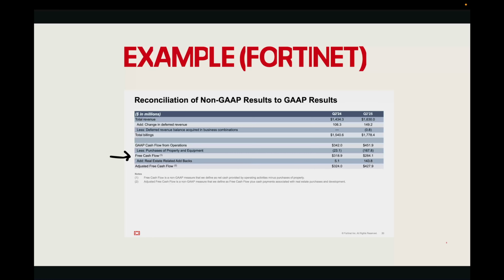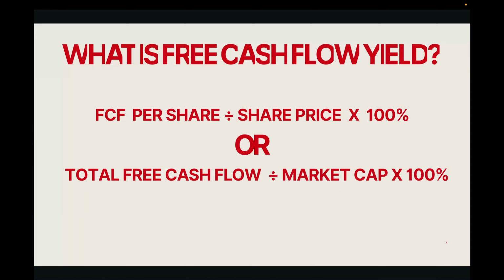But in the industry, there is always a little bit of disagreement for how you determine the capex, right? What the company spent their capital on, right? But for our purposes, we're going to use the example that the company actually provided. And in this case, they told us that they used $167.8 million for capex out of a $451 million cash from operations. Okay. And so now, if we wanted to calculate the free cash flow yield, right,